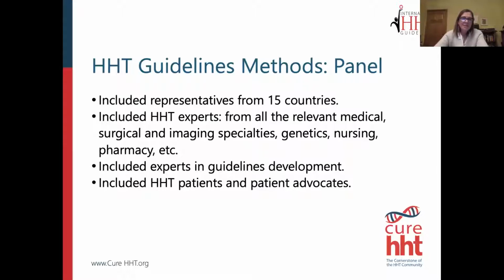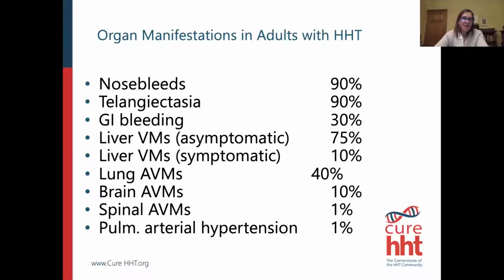And this was particularly important given how HHT affects so many different parts of the body. So, from nosebleeds to telangiectasia of the skin and the mucosa, to bleeding from the GI tract, to affecting the liver, the lung, the brain, the spine, sometimes pulmonary hypertension. Most people don't have all of these things, but of course, these are all the possible things that can happen in HHT. And so we needed to make sure that when we developed our guidelines, we had experts in all of these areas. And we did. We were very, very comprehensive in